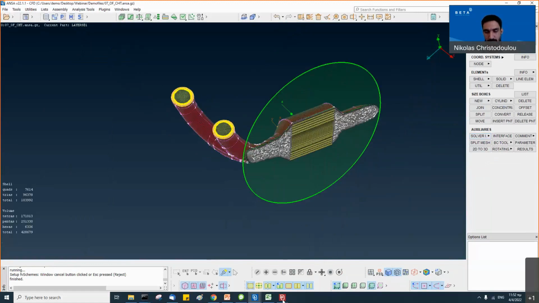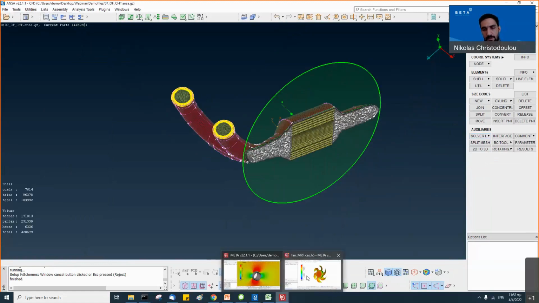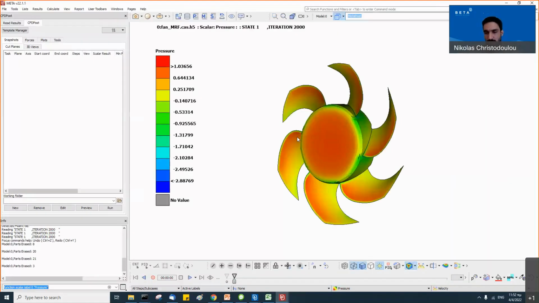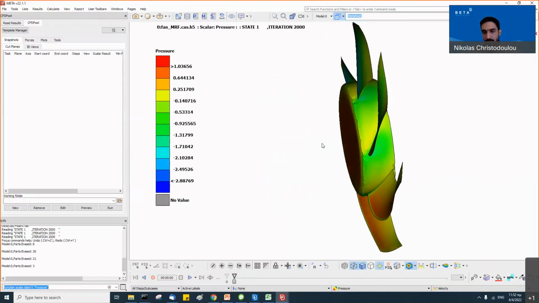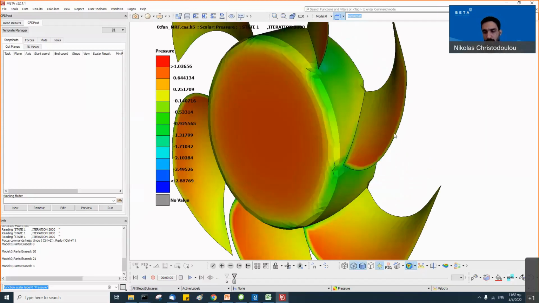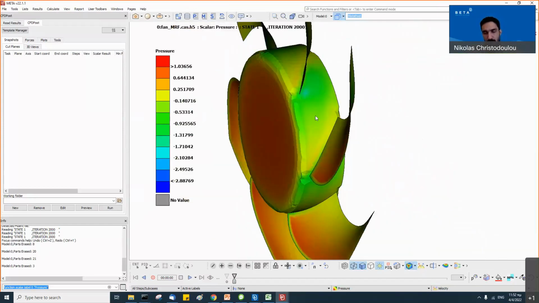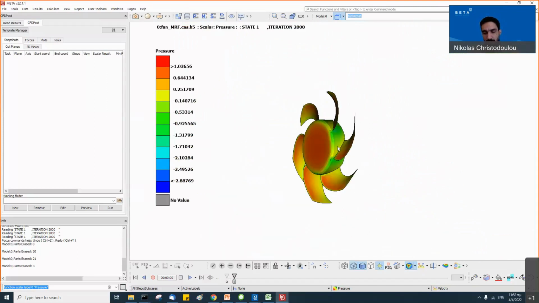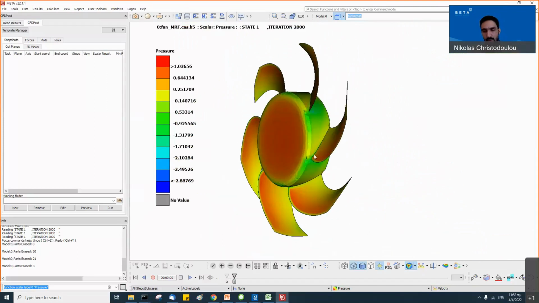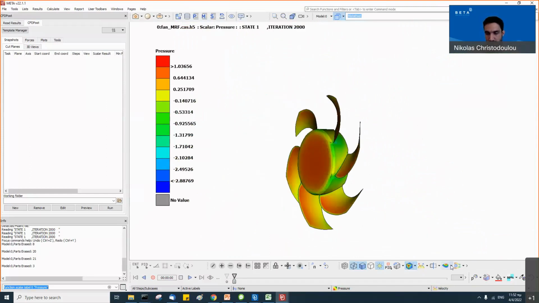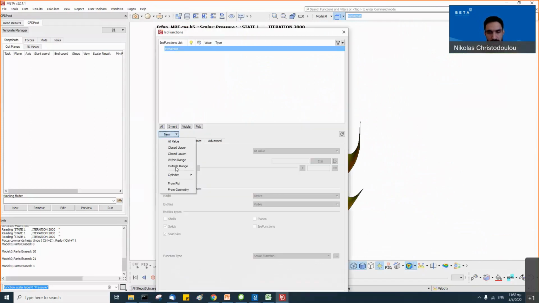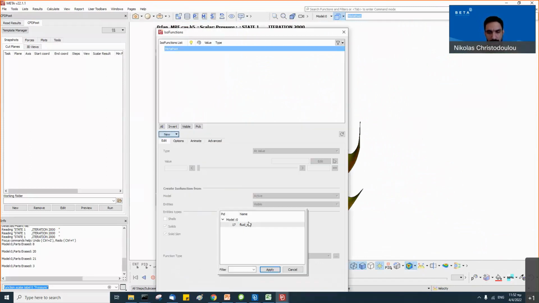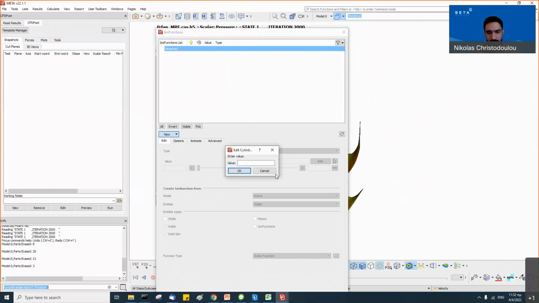Let's move to Meta now. First, I'll show you how it's now properly colored and properly drawn, the very thin faces of this blade, a 0 thickness wall, as we call it. What is nice here is that if we go to the isosurface, we can create a new cylinder from the rotating region in the fluid MRF.